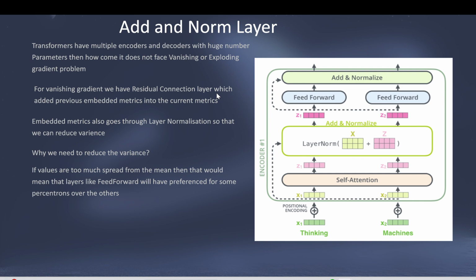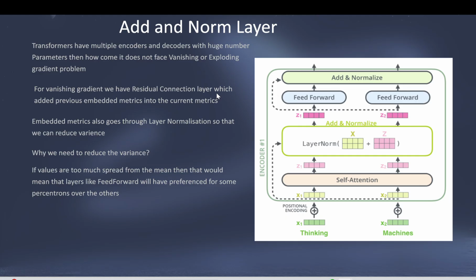Here also we don't want certain words to have a much bigger meaning, or certain numerical vector components to have very significant meaning. So we convert it into a smaller range so that it won't have any